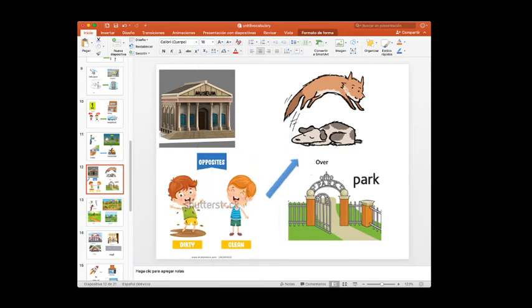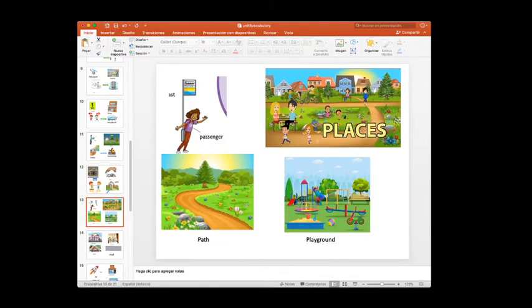This other one is over. Okay. And for example, we have this that is park. Okay. When you are waiting for the bus, you are going to be a passenger. Okay. When we were walking, more specifically in a town, there is pet. Okay. Another one is